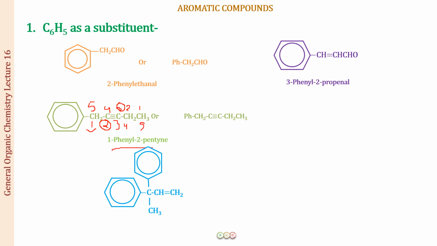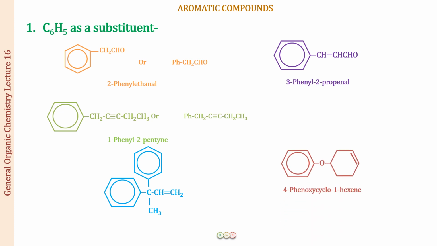Alright. And again, the phenyl ring, you can represent it by Ph. So I hope you are getting it, how you are going to see the side chains, check for the functional group, the double bond, the triple bond presence, and then you are going to treat it not as the benzene ring, not as the parent, but as a substituent. Now let us see one more example.